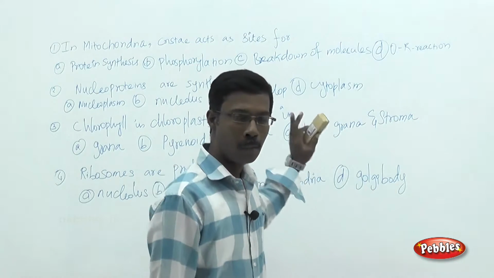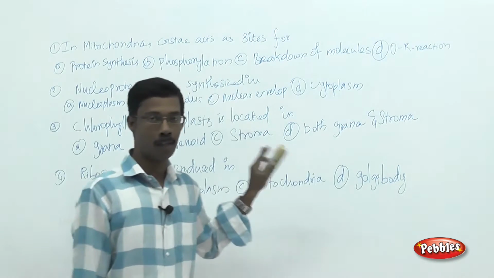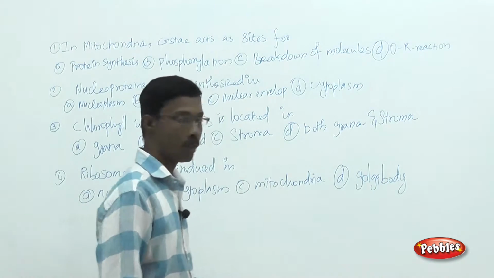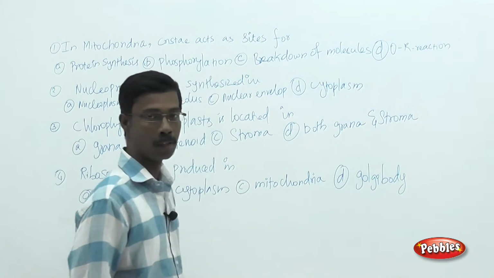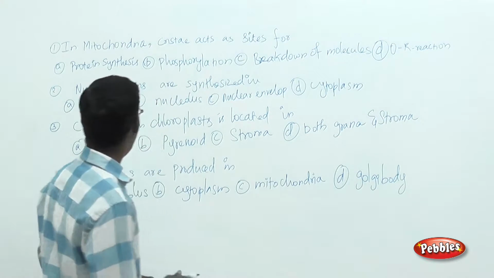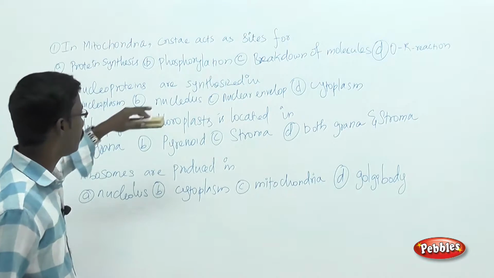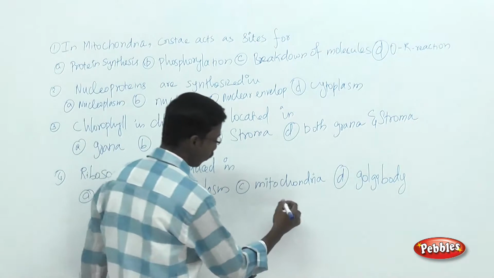Dear students, today we are going to continue the previous class questions on the cell as the basic unit of life. Today we are going to see some other types of questions you can expect from this particular unit. First, we are going to start with the question pattern on functions or locations.